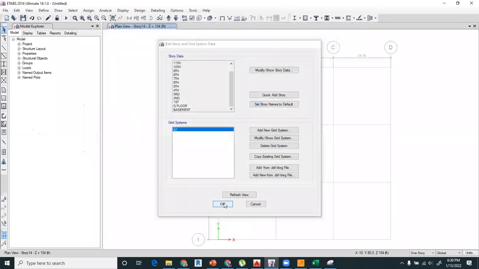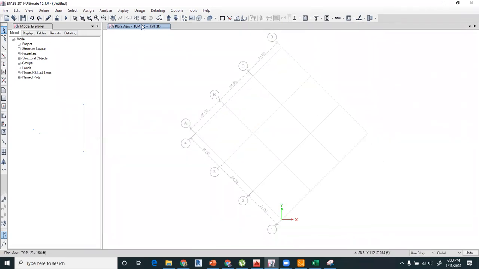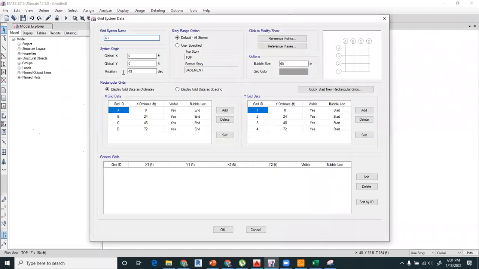Click on OK. So now you can see, are the grid lines visible to you? Yes, sir. Right. So this grid line has been rotated at 45 degree that I have given in the edit menu of the grid system, right? So you can rotate it any degree. For example, if you want to rotate it at 23 degree,